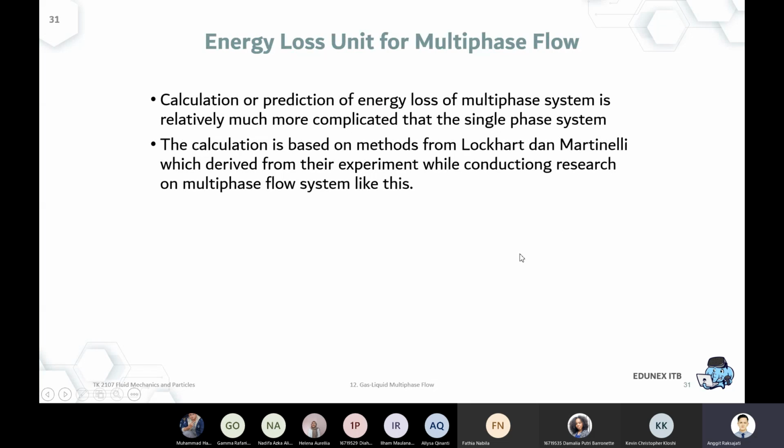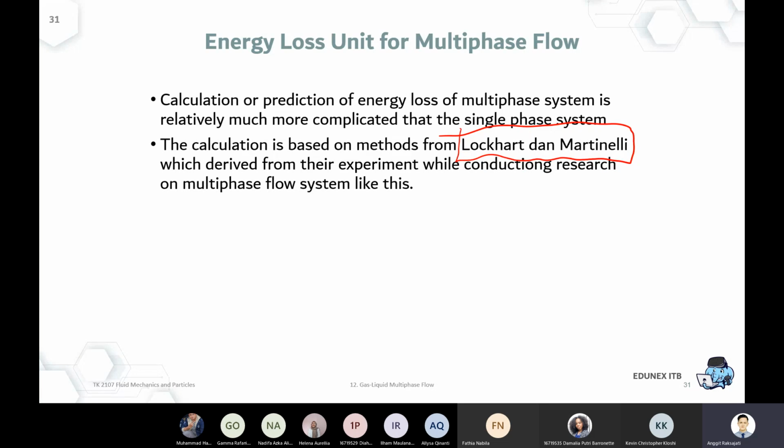How much time do I have left? Around 40 minutes, I think. So let me conclude this topic with one last big topic, an example of pressure drop calculation. This is the simplest method for gas-liquid pressure drop calculation. Sometimes it's accurate, sometimes it's not, but it's simple enough for undergrads to imagine the steps of calculation for a multi-phase flow. It's called the Lockhart-Martinelli method.